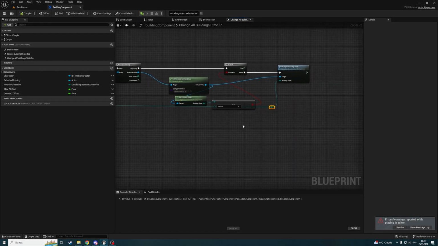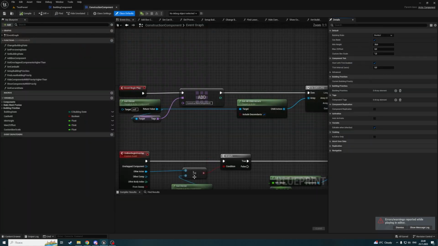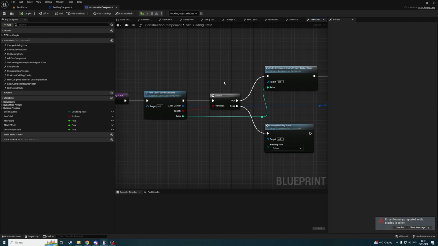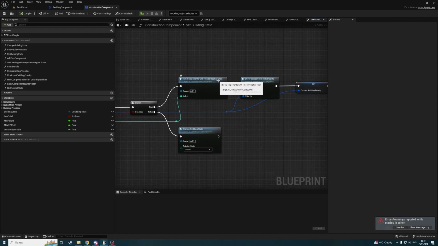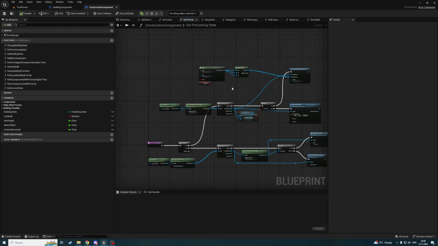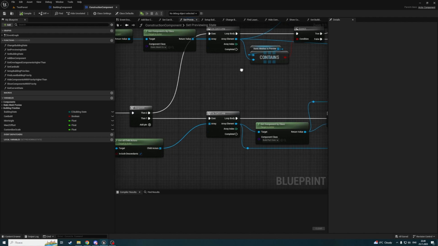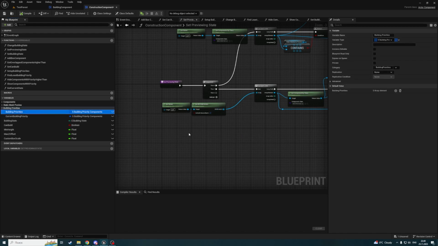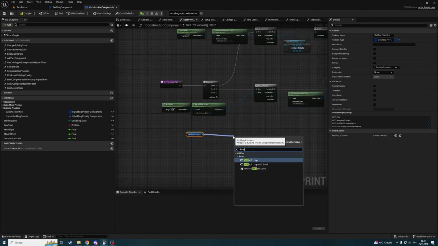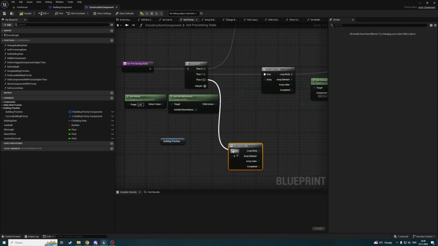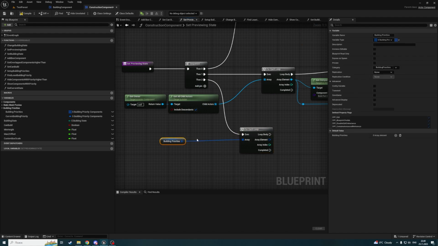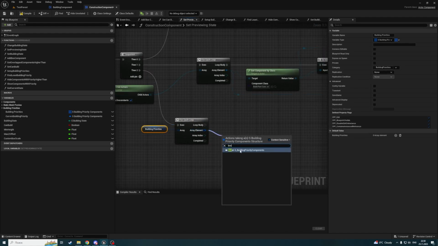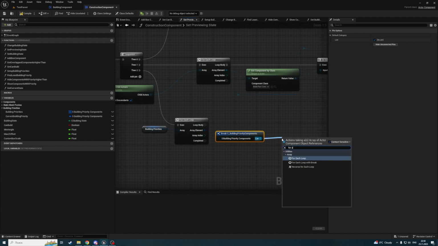Okay, I think that doesn't work because in the construction component we already called set build state, which made all our components hidden. So on set preview state, we should get all the components and make them visible. So let's make a sequence. Let's get building priority and make for each in a set preview state, we're getting each priority, breaking it, making for each